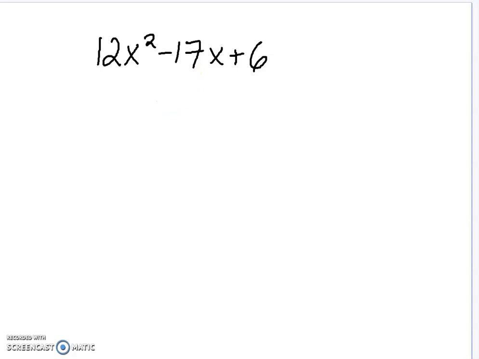So we are searching for two numbers. Those two numbers need to add to give me negative 17, but they also need to multiply to give me A times C, which is 12 times 6, or 72. So I'm looking for two numbers that multiply to give me 72, but add to give me negative 17. So I have to start looking at the factors